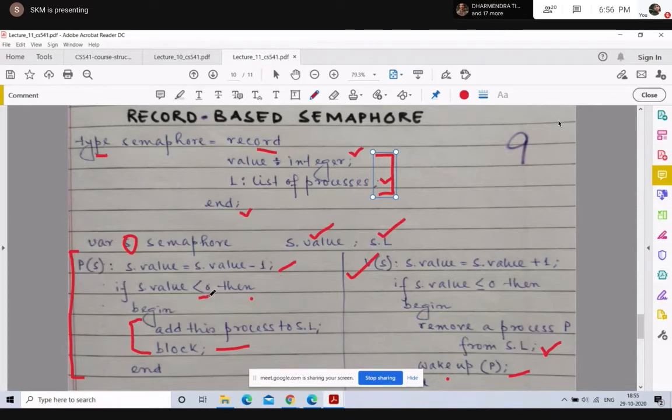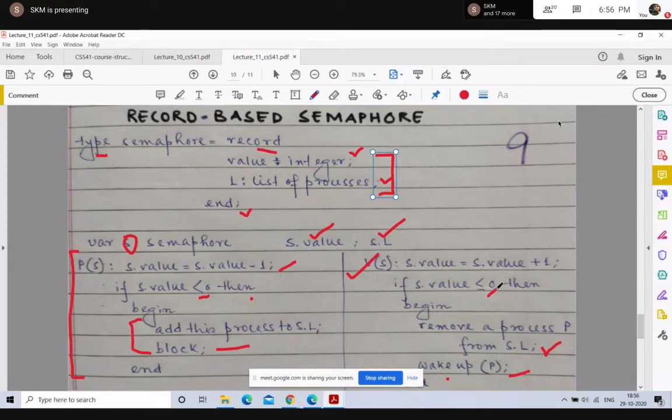So remember that construct: you have P of S followed by the critical section, then followed by the V of S. When the process that leaves the critical section executes the V of S statement, it will restore the S.value to less than or equal to 0. Then it removes the process in S.L and puts that into the ready queue. And subsequently, the process put in the ready queue will enter the critical section.